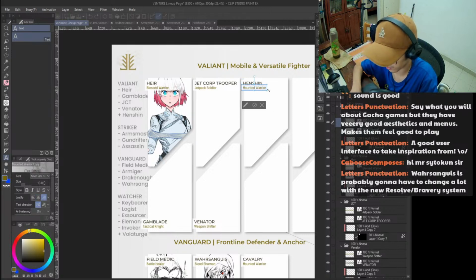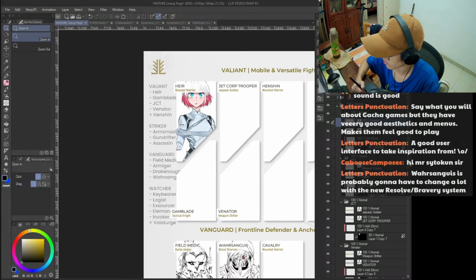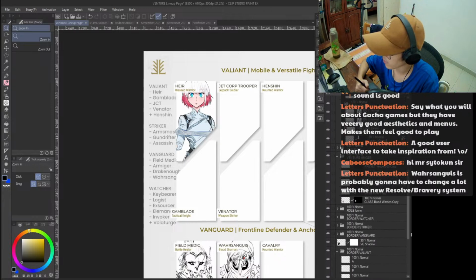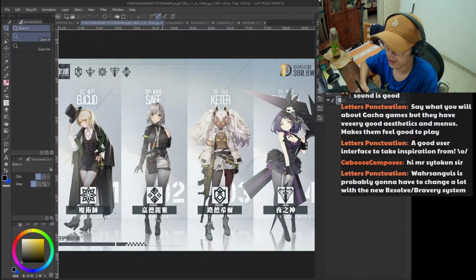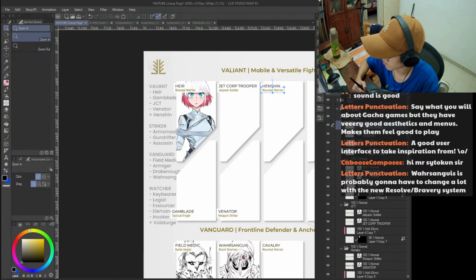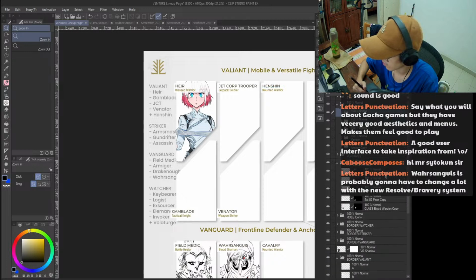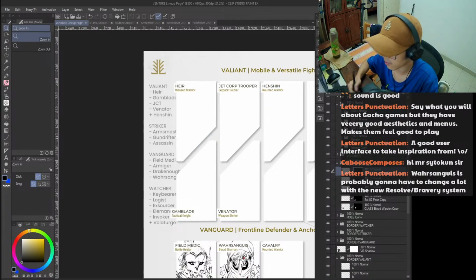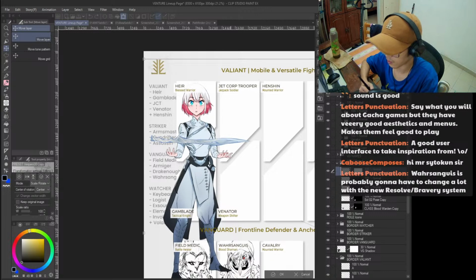This is a planned venture called the Henshin, so I need to remember to put that in later. Okay, so I need to adjust Vesper's placement. Let's see. I need to probably close these. Alright, so down a bit. Probably